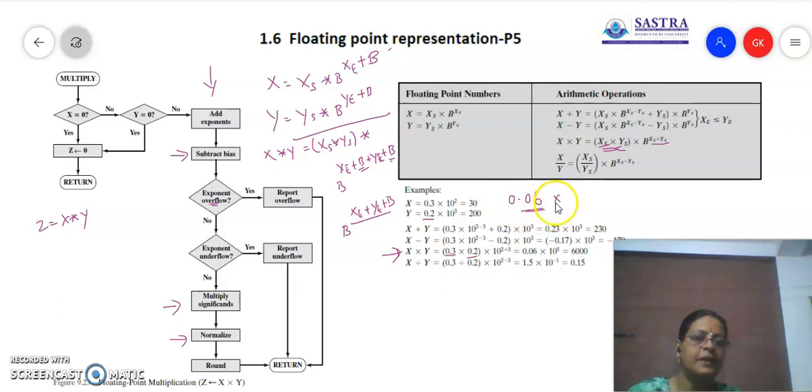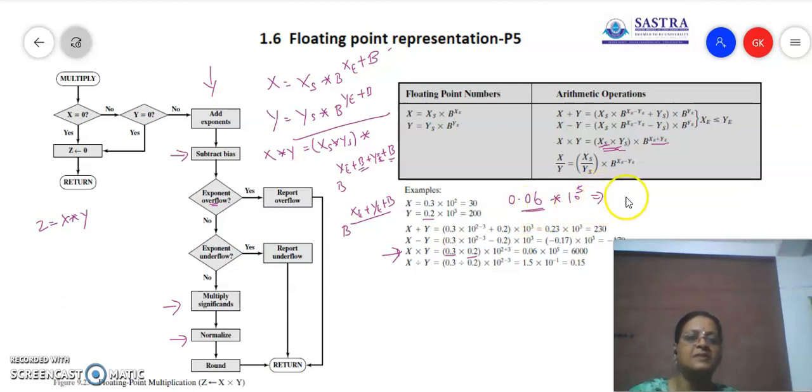Okay, and then coming to the exponent, what will we have? 10 power 2 plus 3, it is going to be 10 power 5. So this is the normal, manual calculation. If it is going to be done in computer systems, we all know the bias will be added for 2 and also bias will be added for 3. So those 2 biases will be subtracted. Now for manual representation, we have just simply made it like this. So this is going to be the answer.